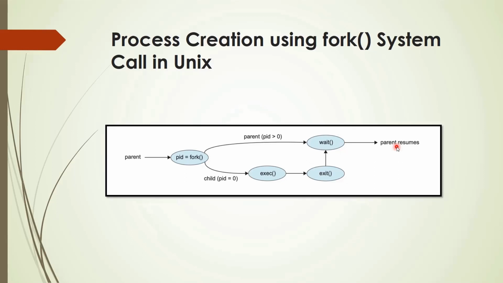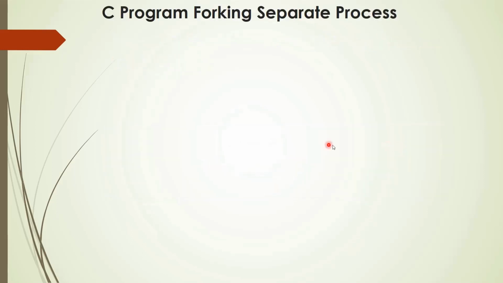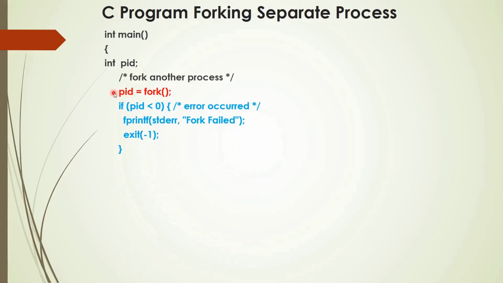Now let us look at one C program for using the fork system call. So we see that the fork system call value is assigned to this PID, process identifier. Because the same program is copied both for the parent as well as the child, we need an if-then-else statement, as after the fork statement everything is copied to the child also and it is available with the parent also.